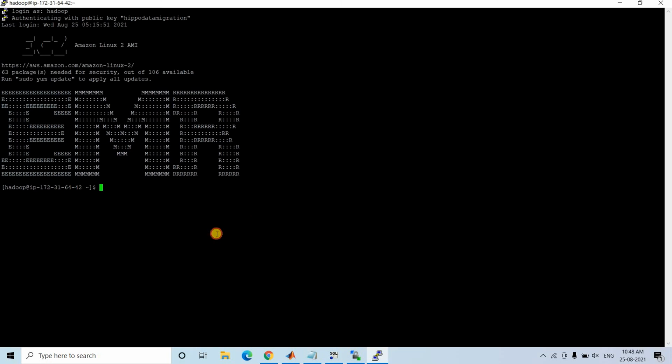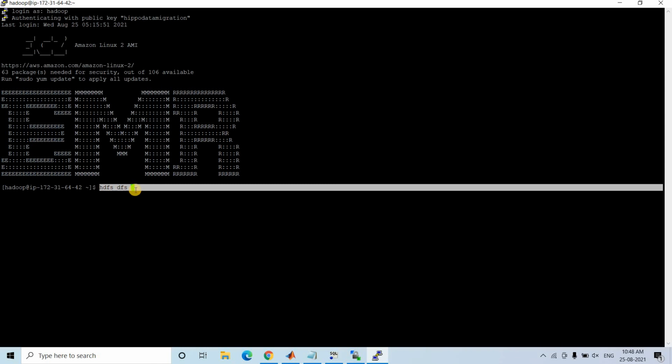Now target directory. The target directory should be somewhere in HDFS because we are loading data from RDBMS to HDFS. How to check? For example, hdfs dfs. Always you have to write these two things before running any command on our Hadoop distributed file system.